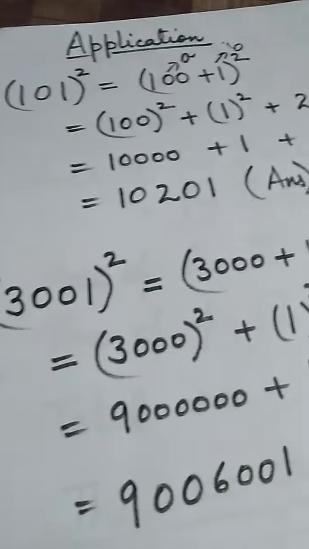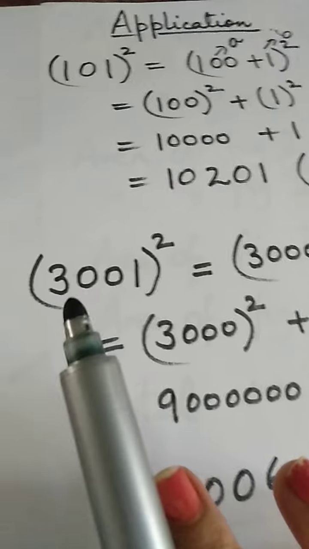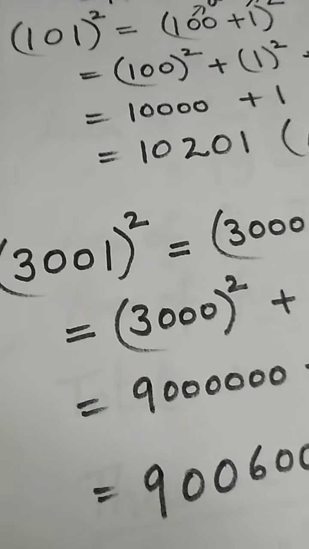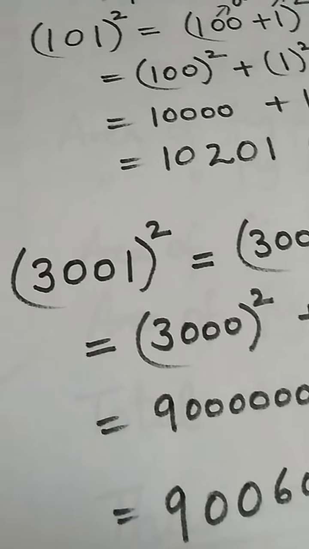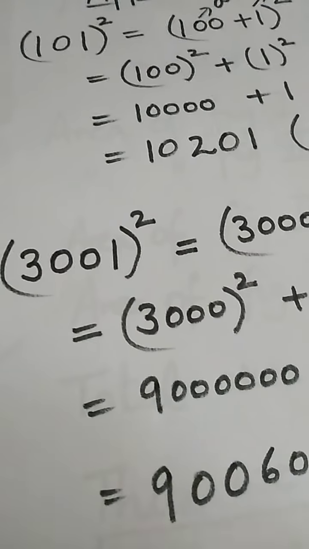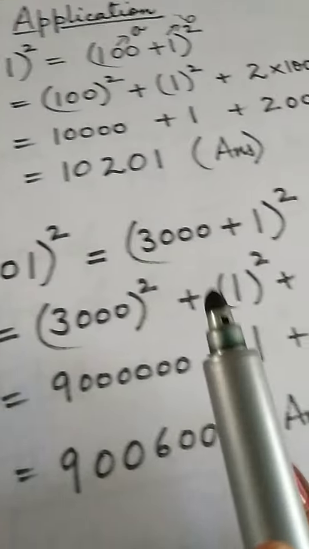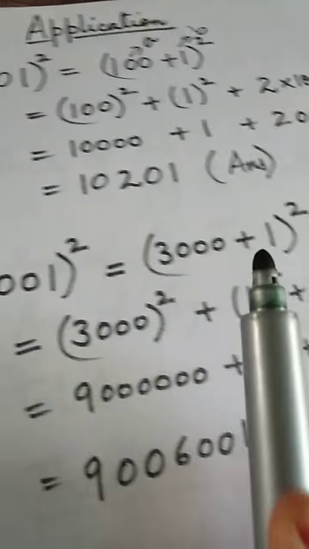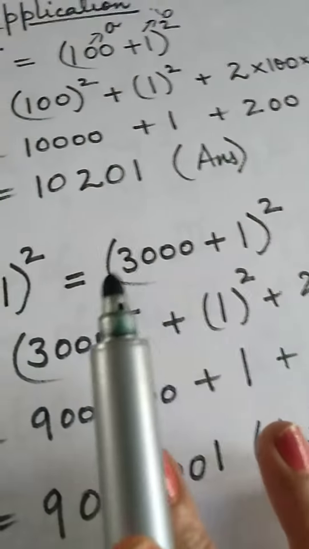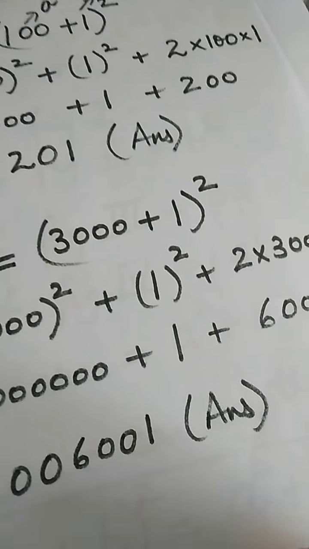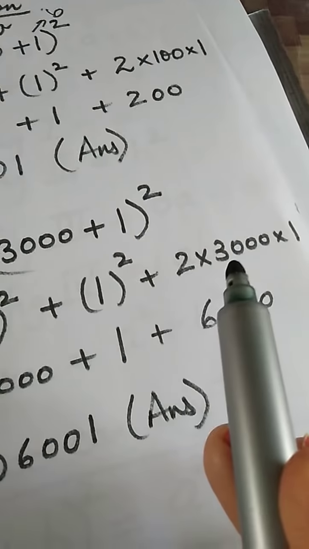Okay. Now same thing. Now suppose it is 3001 square. My God, so difficult to do this, 3001 squared, when you are not provided with a calculator. No need to panic. Just apply the formula (a plus b) the whole square. I am breaking it as (3000 plus 1) the whole square. Square of 3000 is very easy, plus 1 square is always 1, plus 2 times 3000 into 1.